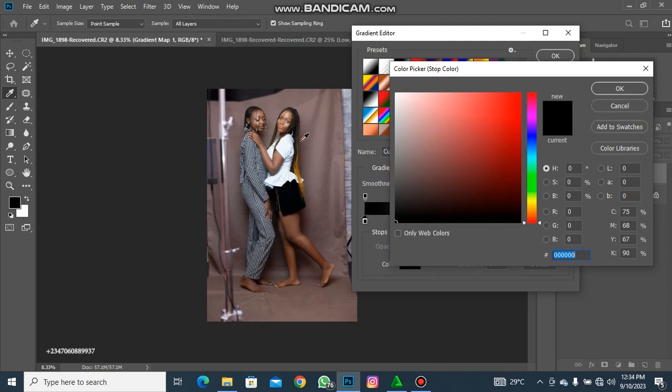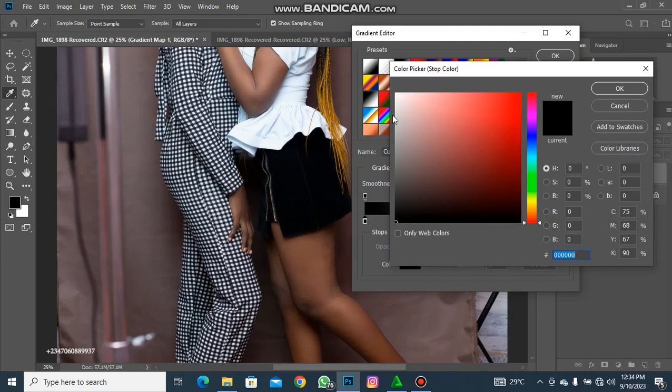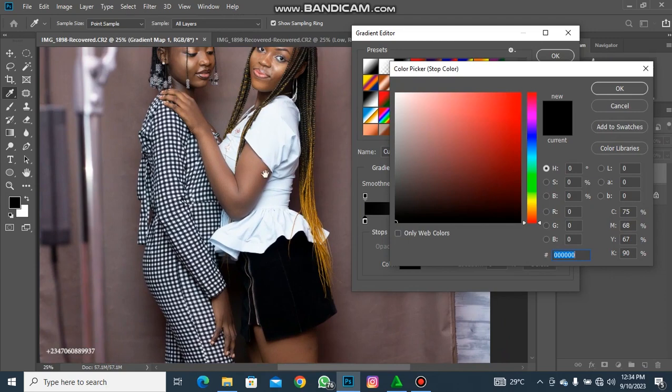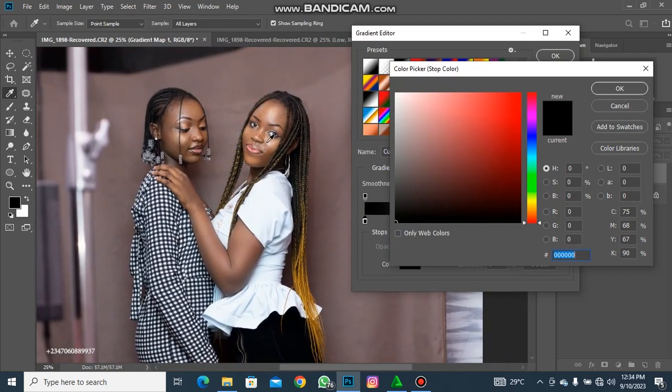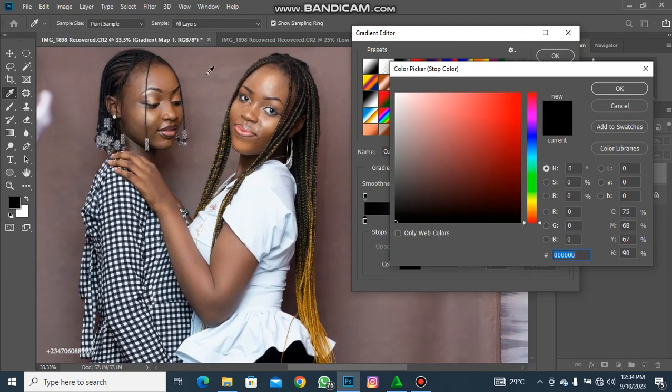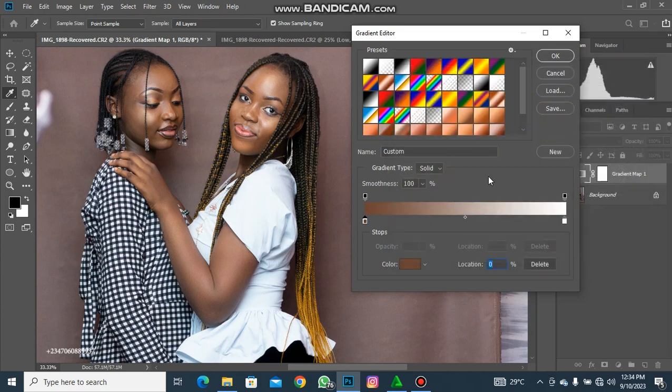So when you double click on this, now let me zoom in my image. You look for an area that falls within the shadow area on the skin of our model. So this part, for instance, falls within the shadow of our model. Okay, so let me click on this, and you will click on OK. So now we have mapped out a color